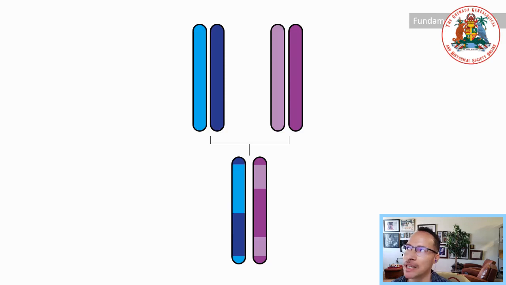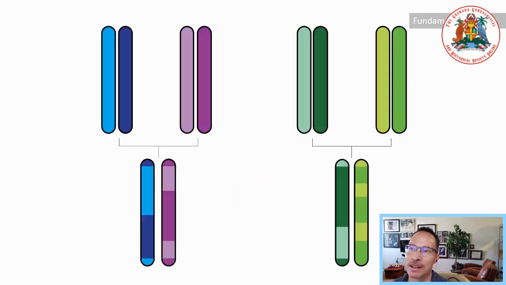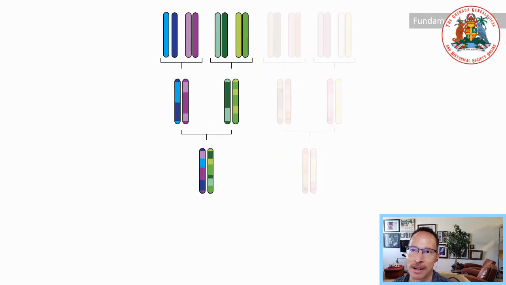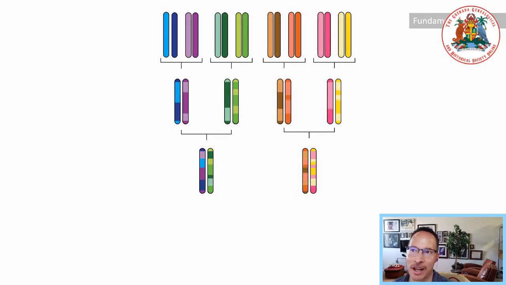And just to keep this going, here's another person. The same thing happened with them and their parents. They decide to have a child together. And then this person has to fill this half. This person has to fill this half. Same process happens. And then let's say this child and this person and this person have a child. Same process happens. Now, let's take a closer look at this latest generation.